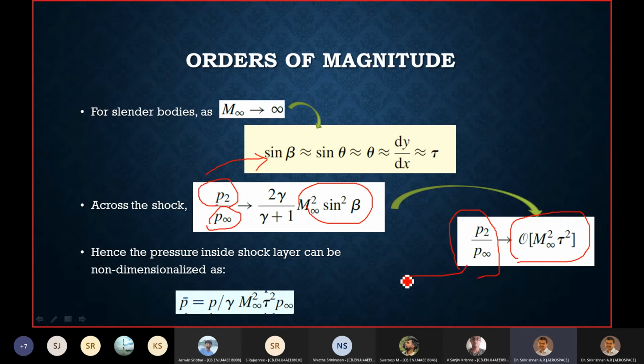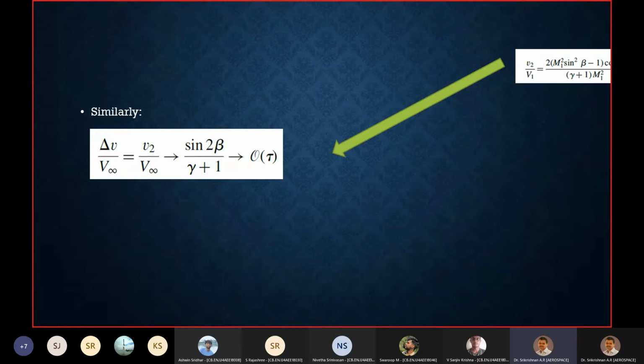So because of this, when p is normalized in this way, p bar is equal to p divided by gamma infinity m infinity squared tau squared p infinity. The denominator is gamma infinity m infinity squared tau squared p infinity. This is the way p bar is normalized, or non-dimensionalized. Now that's a term that we have here,